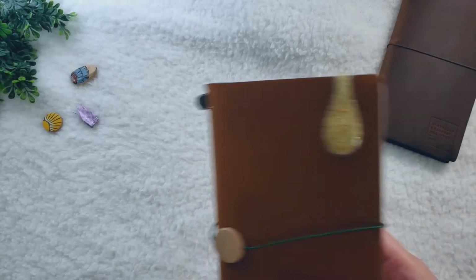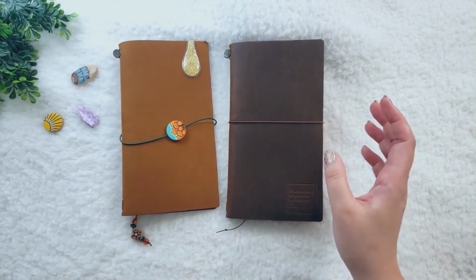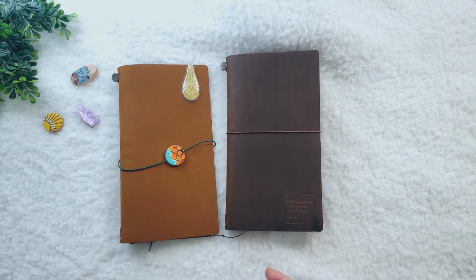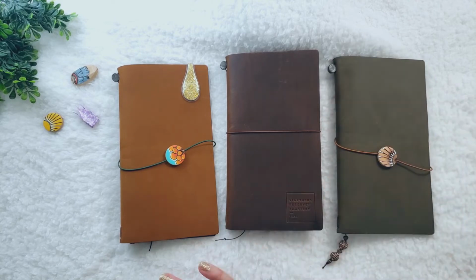Alright, so I guess that's it for my unboxing. It's not a very long one, but let's have a family picture of everyone. This is my newest baby here. My brown Starbucks Reserve Roastery Traveler's Notebook. I'm so happy I got this. I've been dreaming about getting a Starbucks Reserve Traveler's Notebook for such a long time. And I have one finally, so...